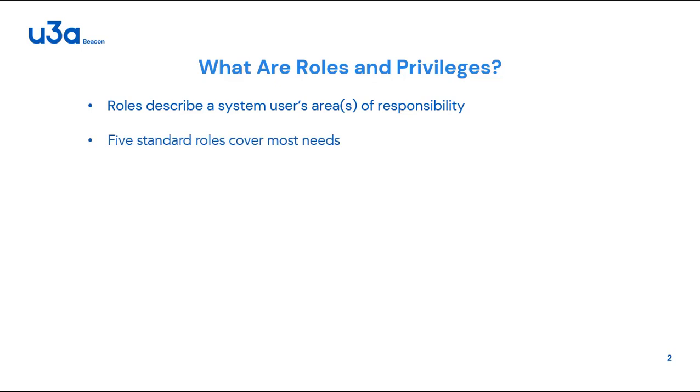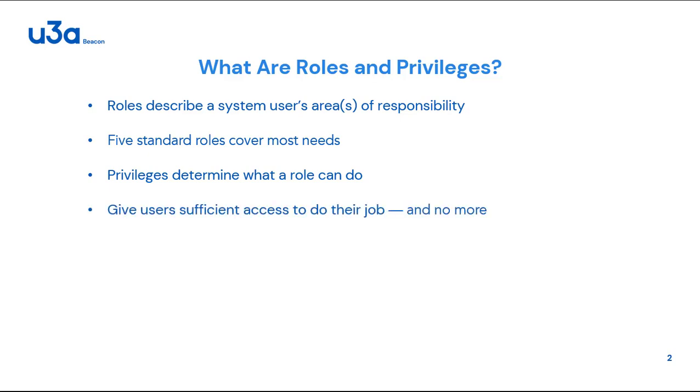By default, Beacon has 5 standard roles that cover most needs. The privileges assigned to a role determine what they can see and whether they have the right to insert, update, or delete data. The basic principle when assigning roles is to give the system user sufficient access to do their job, but no more. This not only protects the integrity of your U3A's information, it also helps maintain the privacy